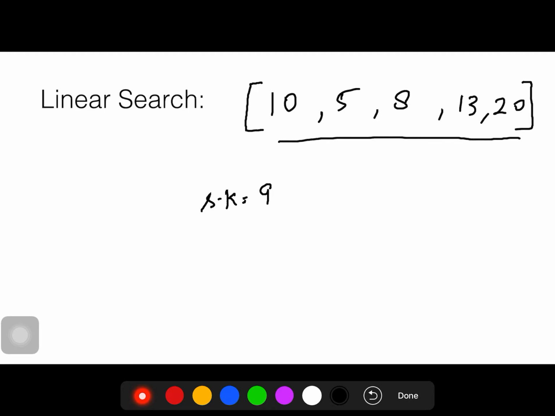In linear search, we will compare our search key with each and every element in a linear way. We will go on comparing our search key with the first element, zeroth index, then first index, then second index, then third, then fourth, and last, if any. If we find our search key in the list, then we return